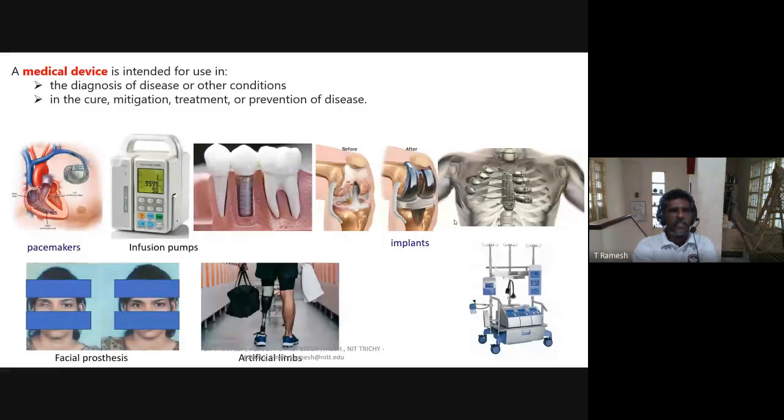So a medical device is intended for use in various purposes. It has to diagnose disease or other conditions, and it will be employed in the curing, mitigation, treatment, or prevention of diseases. So there are two different functionalities a medical device can do. These are all examples of medical devices already developed by many engineers and implanted into humans for